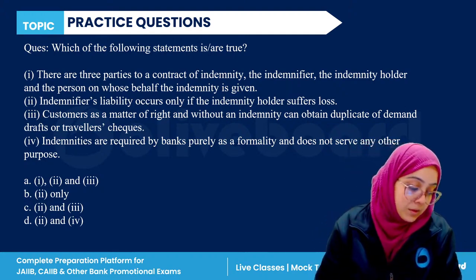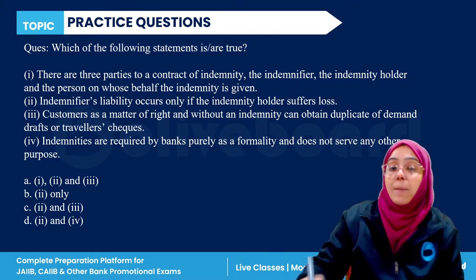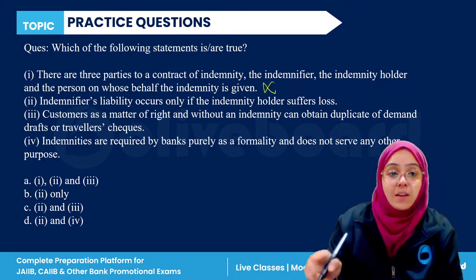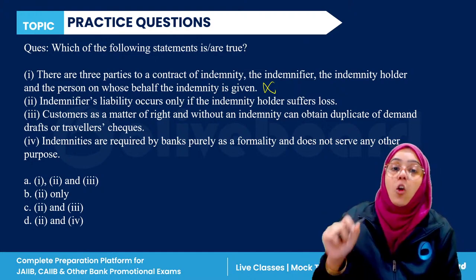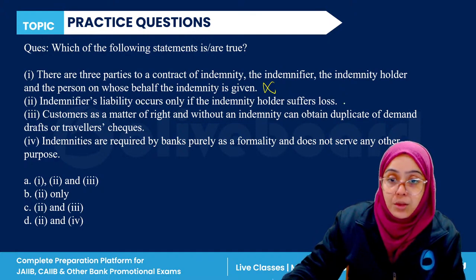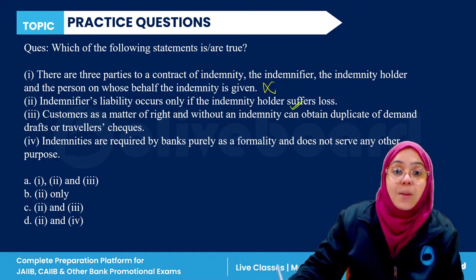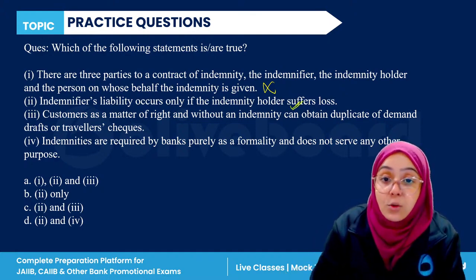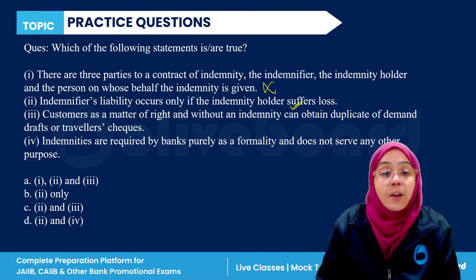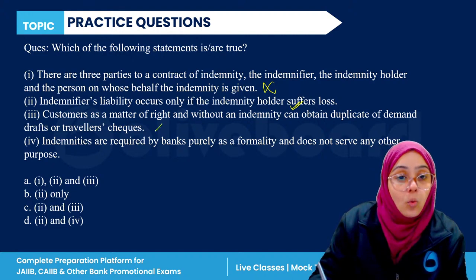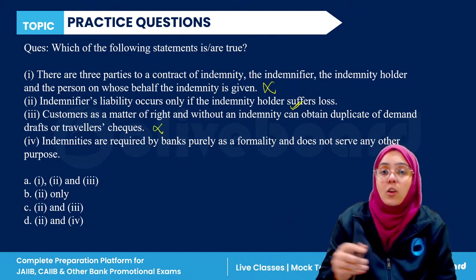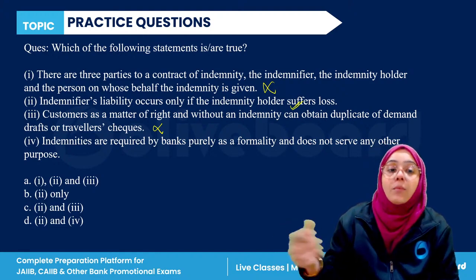Everyone, if we talk about whether there are three parties, I have told you that there are only two parties: indemnifier and indemnified. Second, the indemnifier's liability occurs only if the indemnity holder suffers loss. True. As for the customer, as a matter of right and without an indemnity, can they obtain the duplicate demand draft? Without the indemnity contract,